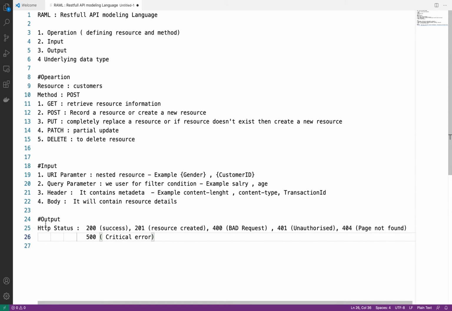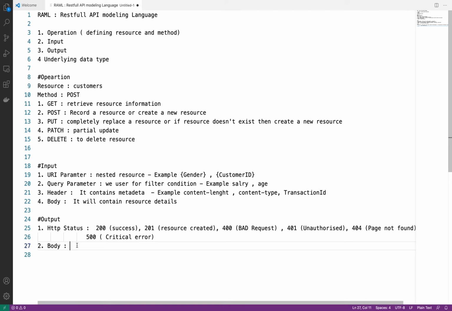So in this way, in output, the first thing we have is the HTTP status. Second important thing, we have the body. In case of output also we will have a body, so that will be the response of our API. In the same way as the input body, what will it contain? It will contain resource detail.